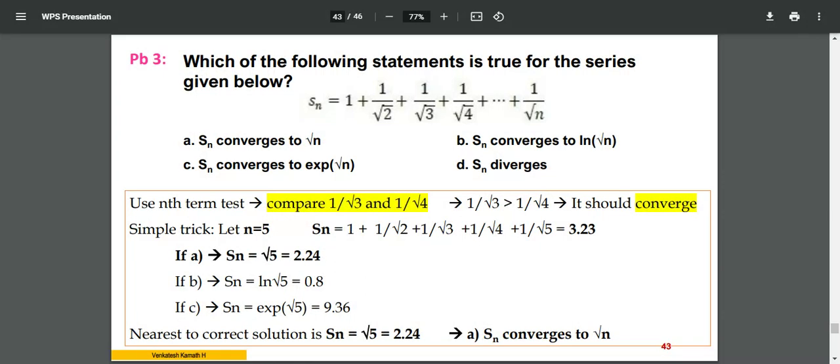Third one. Here also I think I should have masked the answer so that I could have asked you. But anyways, let me do it in the next sessions onwards. Which of the following statements is true for the series given below? There is a series given. If you observe it carefully, observation is very important. Look for the odd man out, which may not be the answer. So first you discard them. First thing is always the strategy.